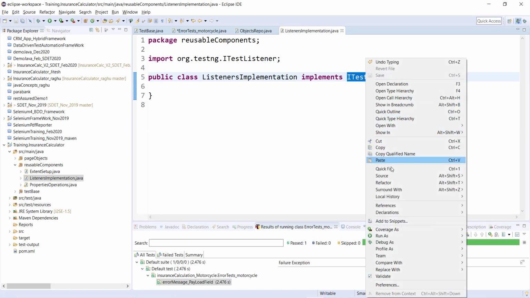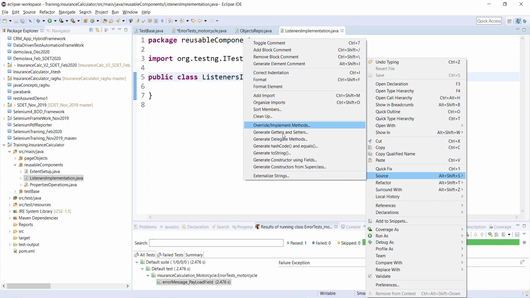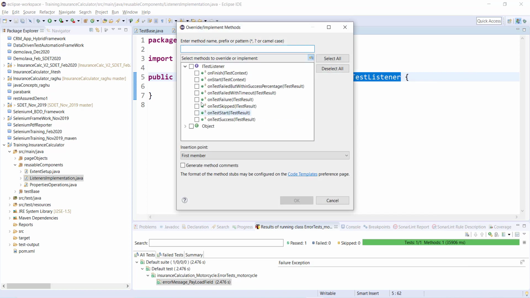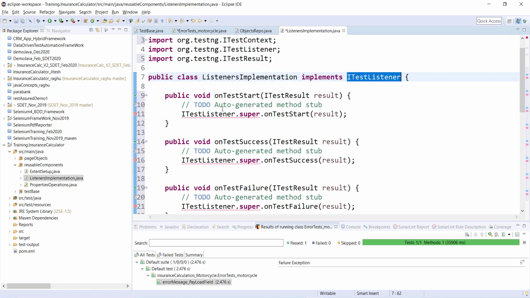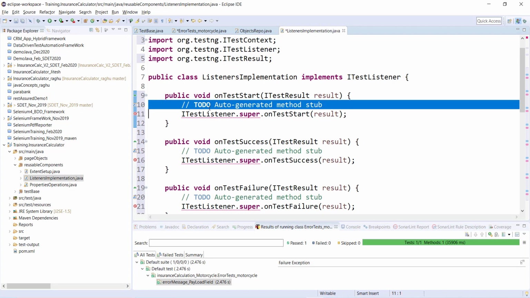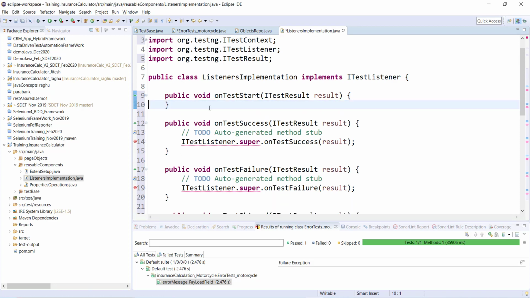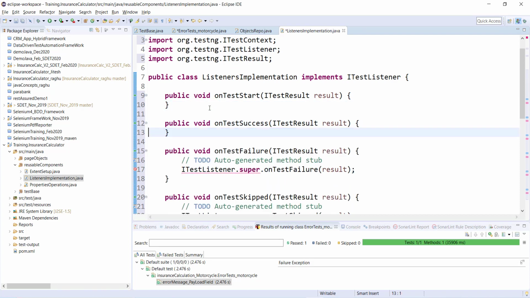If I go to source and see the option override or implement methods, I'm getting a list of all the methods, right? So whatever methods you want you can override. I'm just selecting all the methods, and now I should be implementing whatever methods I need over here. Let me delete their default implementation.